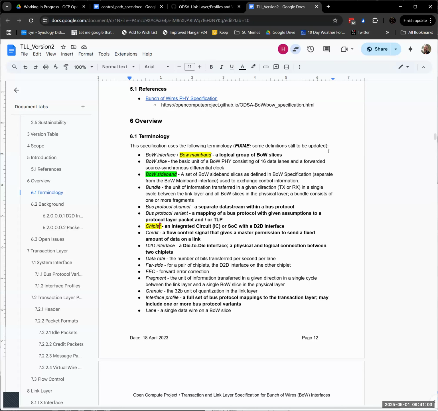So anyway, we can discuss some of these definitions. One of the ones at the top: we use the word BOW interface in a bunch of places, but there was never anything to distinguish what a BOW interface was from, say, just the BOW file or anything like that. And so I did say an interface is a group of slices, and I think that works for most of